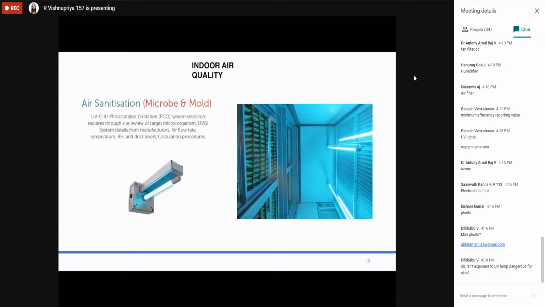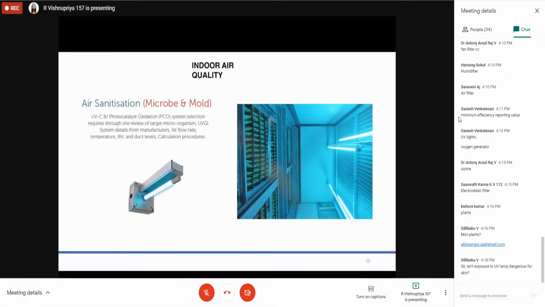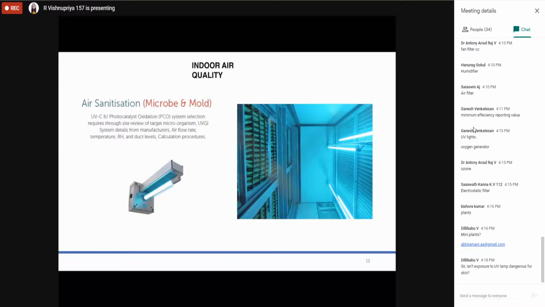Yes, you have raised a question. Yes, UV lamp is dangerous for skin. Yes, it is, and it depends on the wavelength. UV lamp is being used for skin cancer treatment, or to destroy skin tissue, but the same UV lamp is also being used in a good manner by selecting an appropriate UV lamp with the required wavelength.